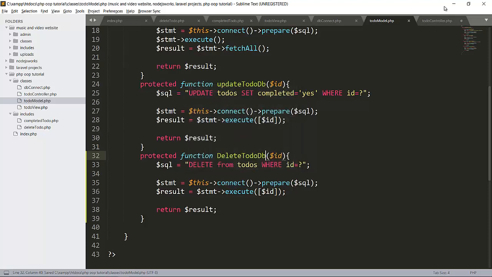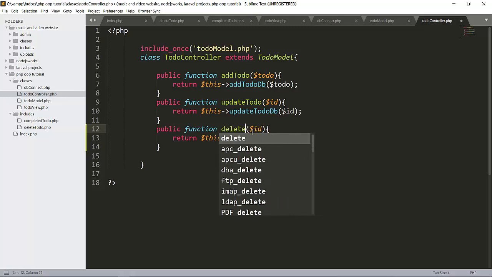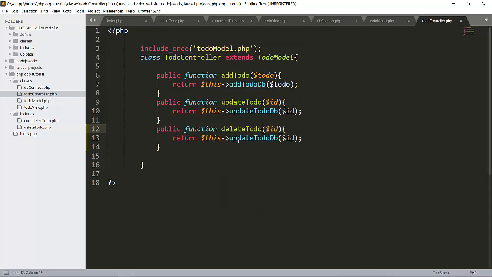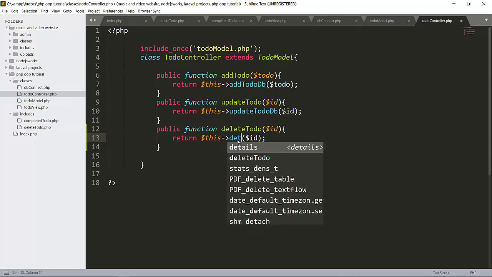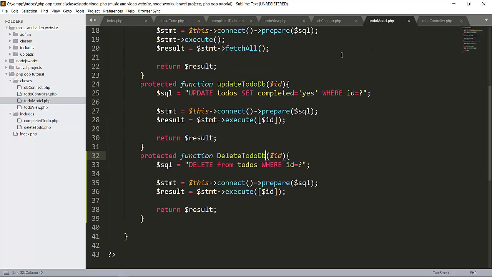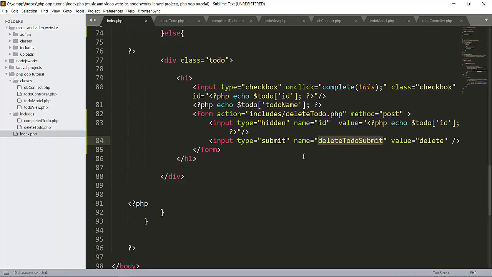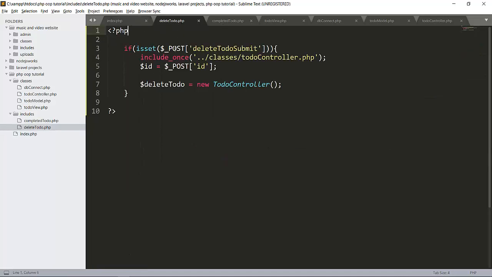So in the controller there will be the function deleteTodo only. So here will be deleteTodoFromDB, because this is an inherited model, the todo model is inherited in this class TodoController. That's why we have access to this and it will return our result and this will return this. So we will copy this. This is public here, so we are using encapsulation here. So now let's go to our delete-todo.